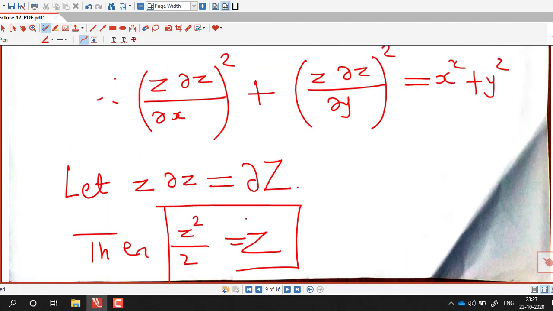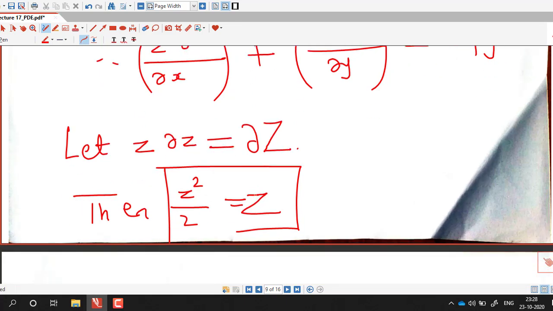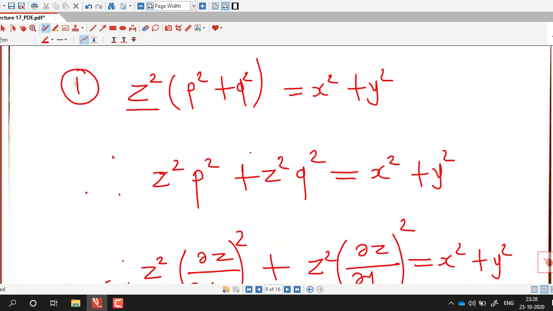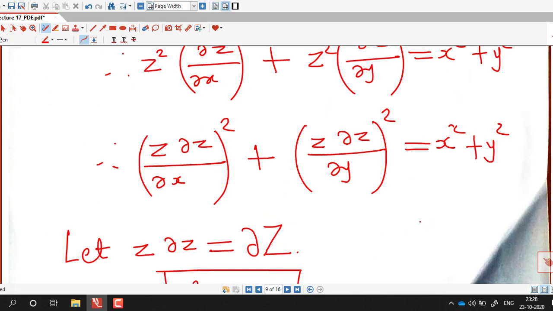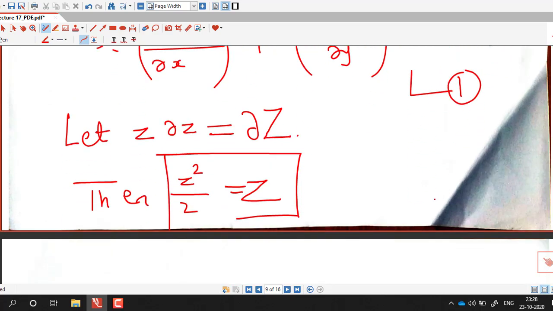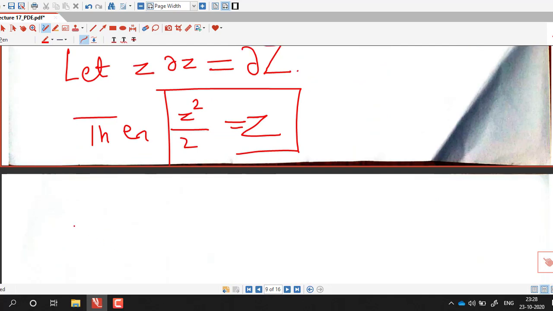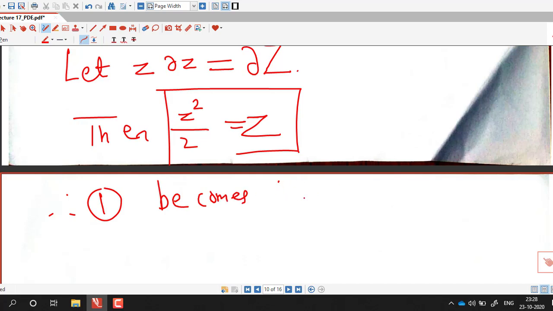So if I put z del z equal to del capital Z, and give this number 1, then our equation will be converted into